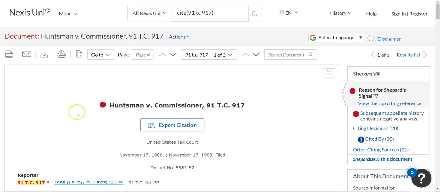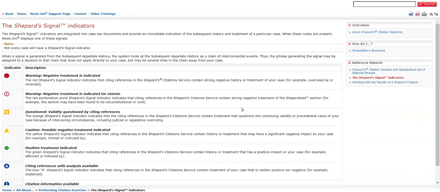Now I want to get into what this red dot means. This is called a Shepard Signal, or a Shepard Signal indicator, and we call them Shepard Signal for short. You'll notice it's over here and it's over here as well. Let me pause for a moment and bring up a page that gives you these Shepard's signals so you can see what they mean. You are likely to have, with any of the cases you pull up, it's not always, but there's a lot of them that have these indicators, a red, a yellow, or a green. There are a couple of additional ones, but these are the main three,